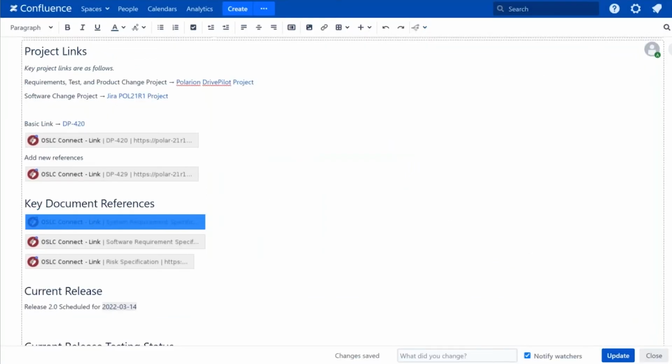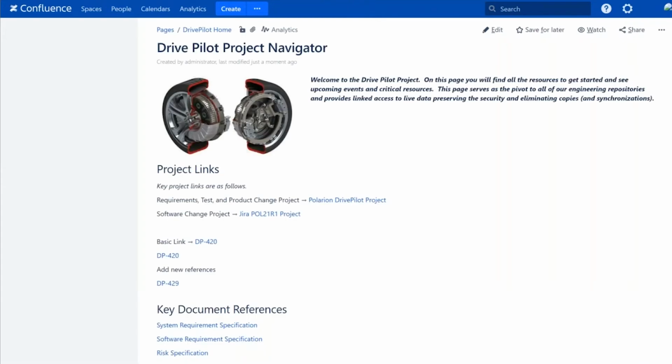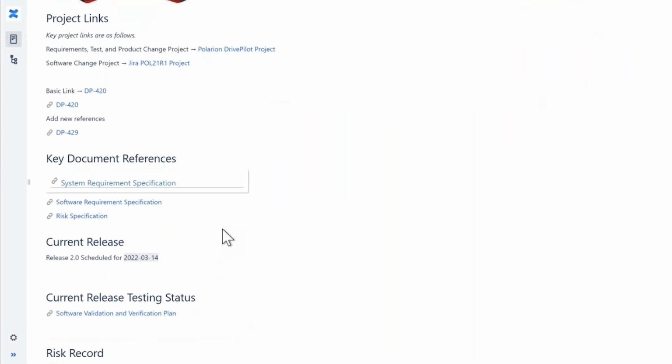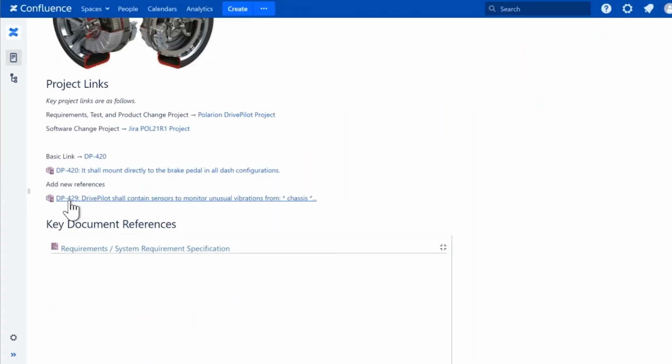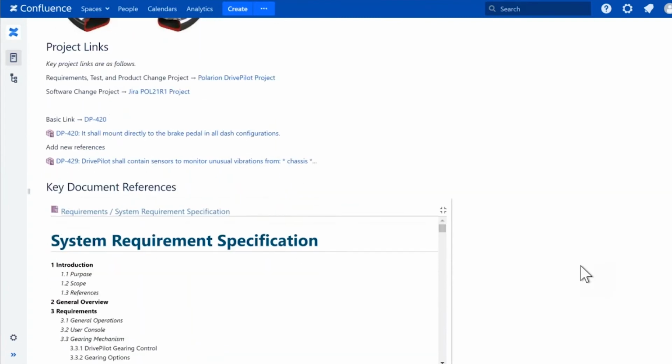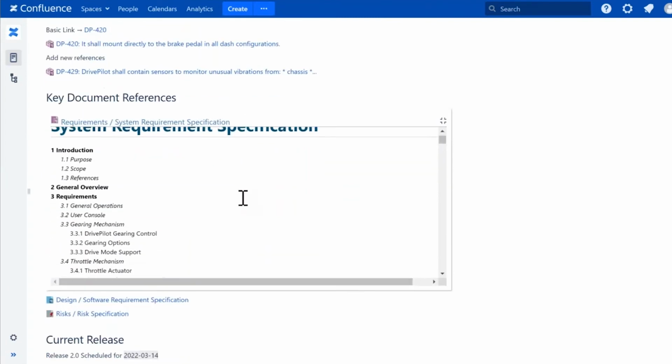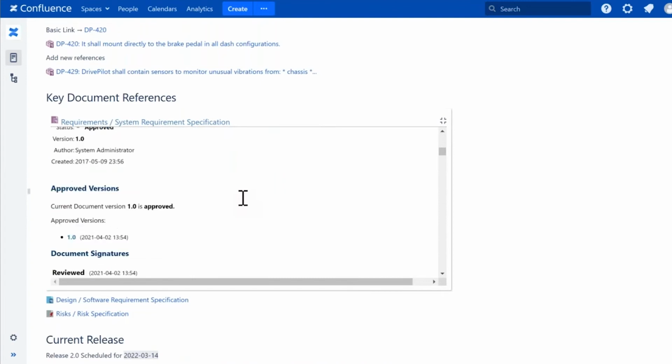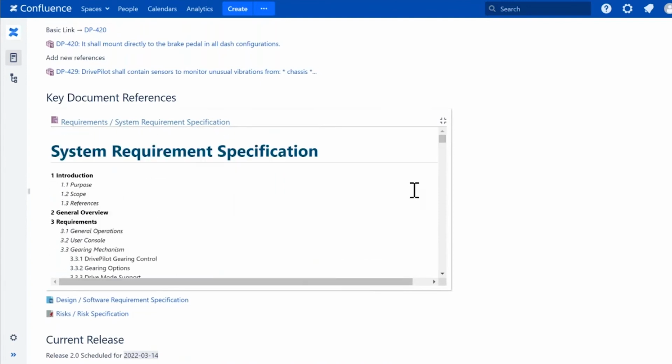And so if I do this, it's as simple as doing an update and publishing this document in Confluence. Then the next time somebody looks at this page, they're going to see the new contents that I added, this new reference. We're also seeing that large preview that's already embedded for that specification. So I don't have to do a rich hover. It's available. It's easy for people to interact with and see that content, just that simple.